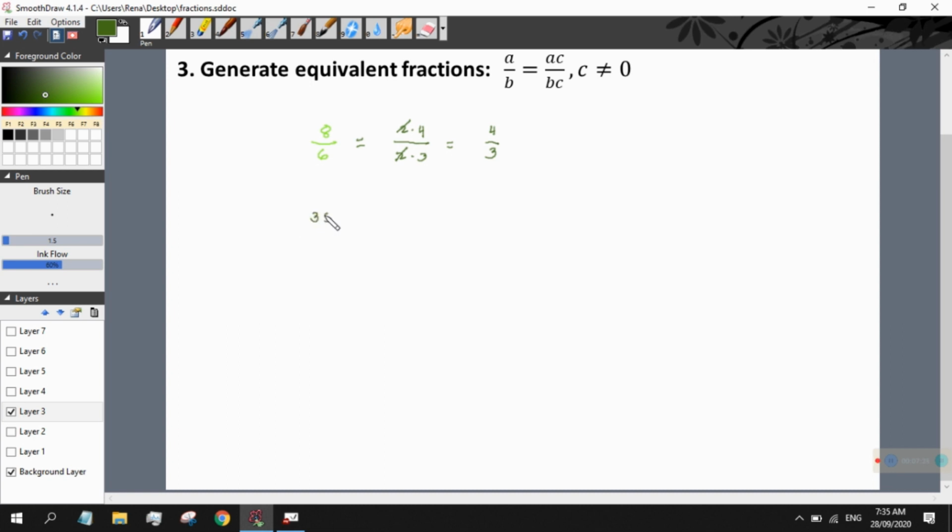Ano to? 35 over 75. Ayan. So if we are going to perform